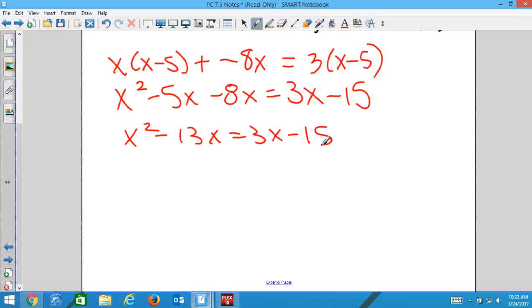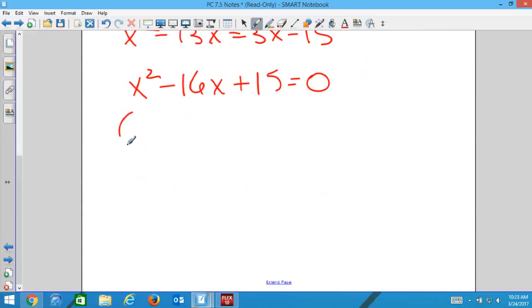Okay, at this point, we have to solve for x. And when you have an x squared, you have to set it equal to 0. All right, so we're going to subtract that 3x, and we're going to add that 15. After you set it equal to 0, your choices are factoring, quadratic formula. If it factors, factoring is going to be faster. I will tell you, I gave you some that don't factor. So one of these examples we will do by quadratic formula. I'll just go ahead and factor